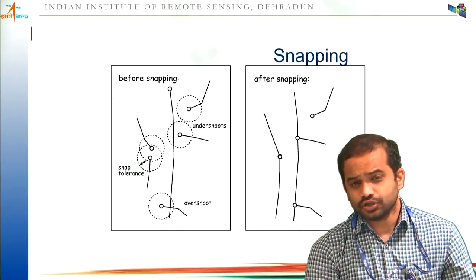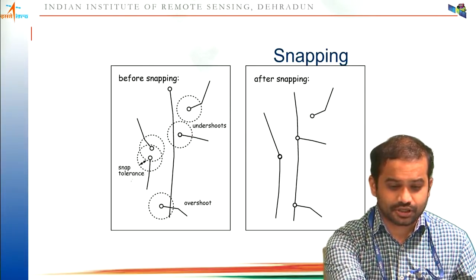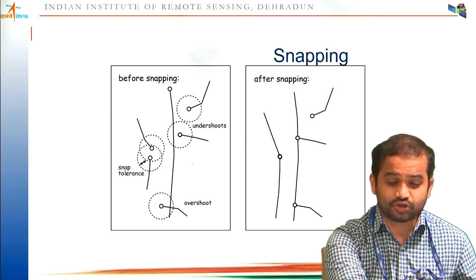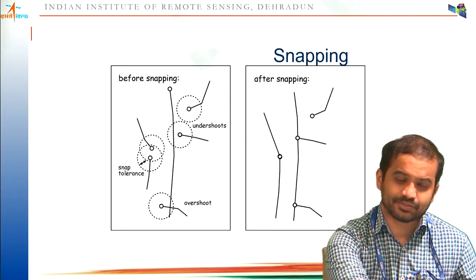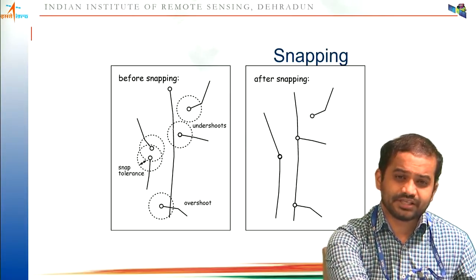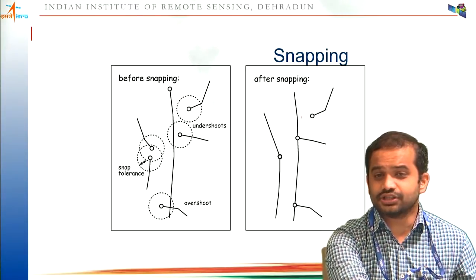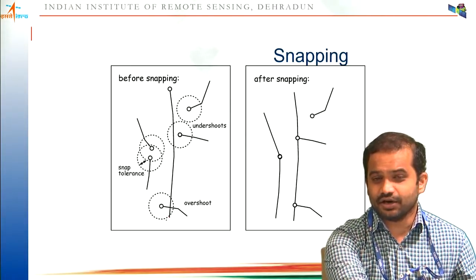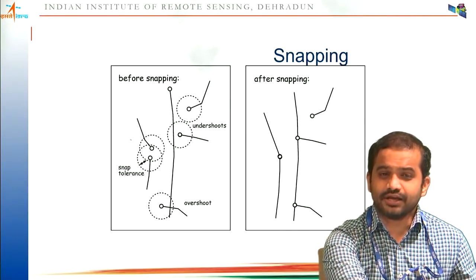This slide shows you an example of how you can use snapping. Problems like undershoots and overshoots are avoided if you use the proper snapping tolerance. Suppose the tolerance is this radius; it can be in pixels or in map distance. Suppose I say a 5-meter radius. If there is a line within the 5-meter radius, it will join. But here, within the 5-meter radius there is no line and no point, so it will not join because it is beyond the tolerance. Similarly, here overshoot is avoided, undershoot is avoided, and here we are doing point snapping so that duplicate points, overshooting and undershooting are not there.